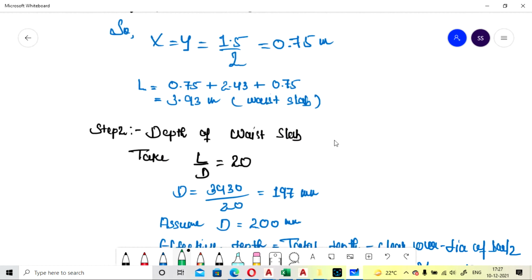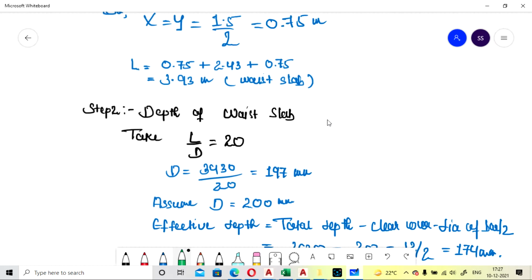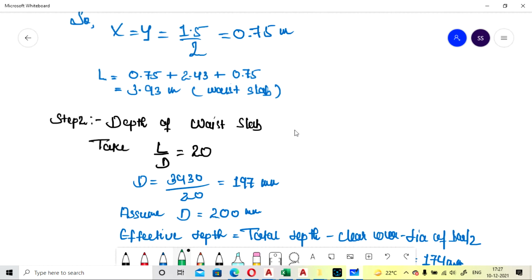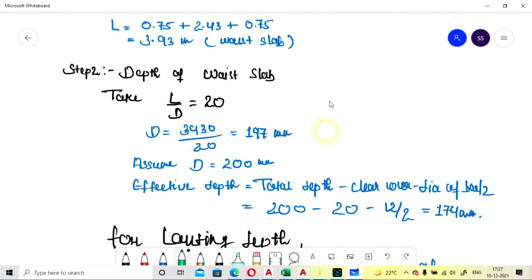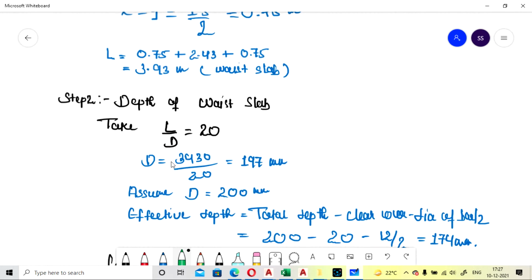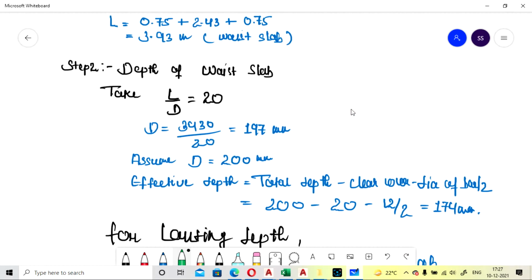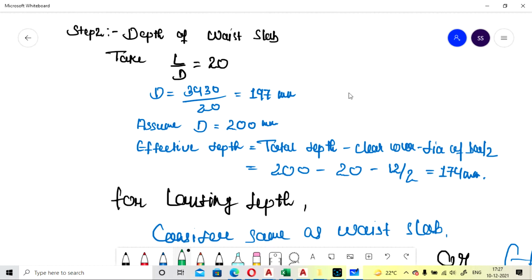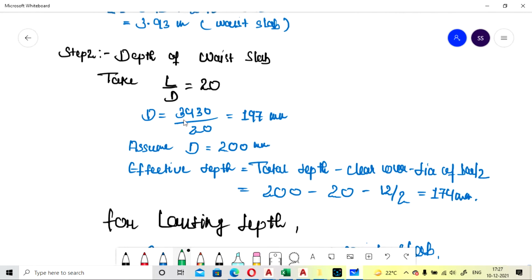Now we can go for the initial consideration of depth for the design. Okay, so we know that L by D for simply supported was 20, so we are going to take the ratio for that, and then our depth will be taken as effective length by 20, and it is calculated as 197 mm.